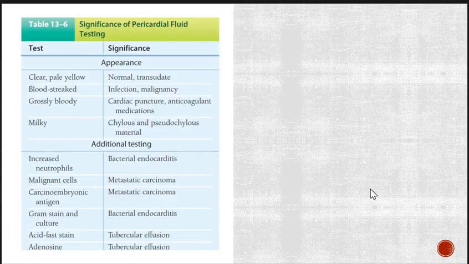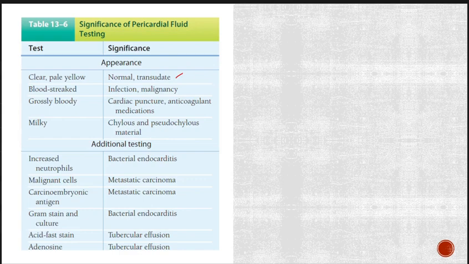Okay. So, what is the normal appearance ng pericardial? So, normally, it is clear or pale yellow. Okay? Pag ganun po, that is only a transudate. Okay? Blood streak, we can see it kapag may infection or malignancy. Okay, so infection or malignancy causes, so that is an exudate na. Grossly bloody, pag may cardiac puncture. Anticoagulant medications causing bleeding. Milky, if chylous or pseudochylous, so increase in triglycerides and cholesterol. Okay? Yan. So, yun yung associate natin kay